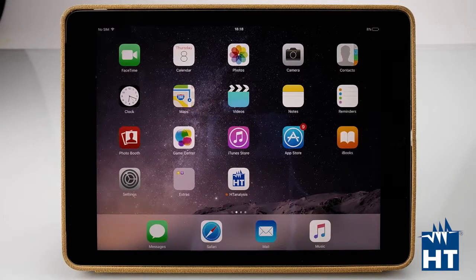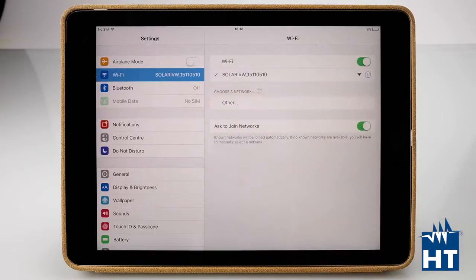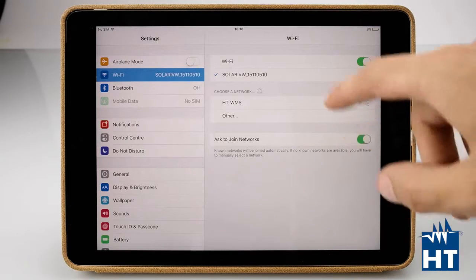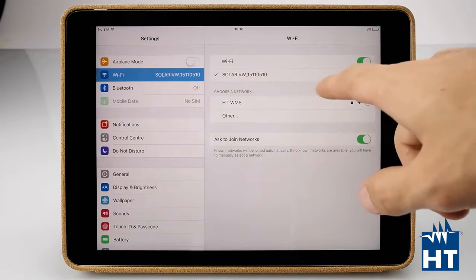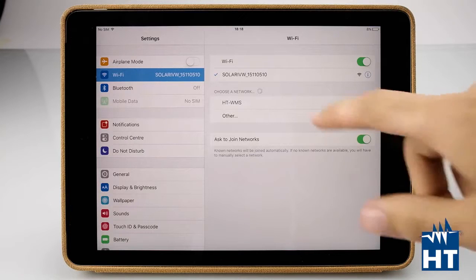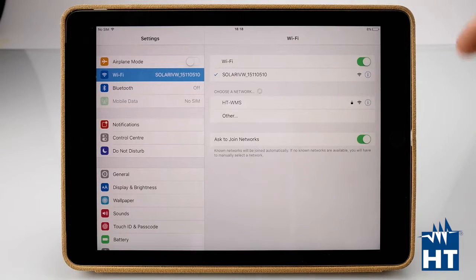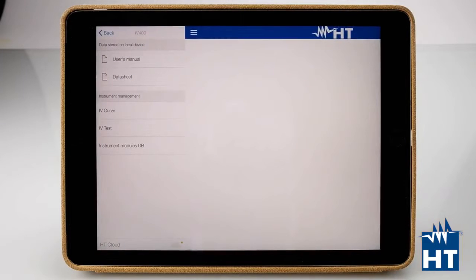In this part of the video, I'm going to show you how the HTAnalysis app works. First of all, let's connect the IV400W or Solar IVW directly to our iPad through a Wi-Fi connection. In the Wi-Fi connections in the iPad menu, we can find Solar IV as a standard Wi-Fi connection, and we just have to press it like a normal Wi-Fi connection. After the connection is done, we can go directly into the